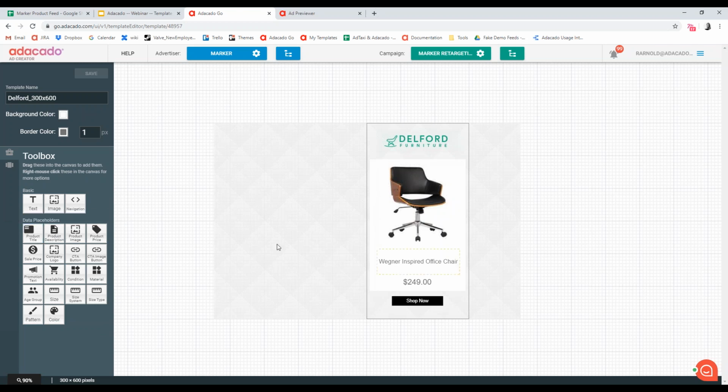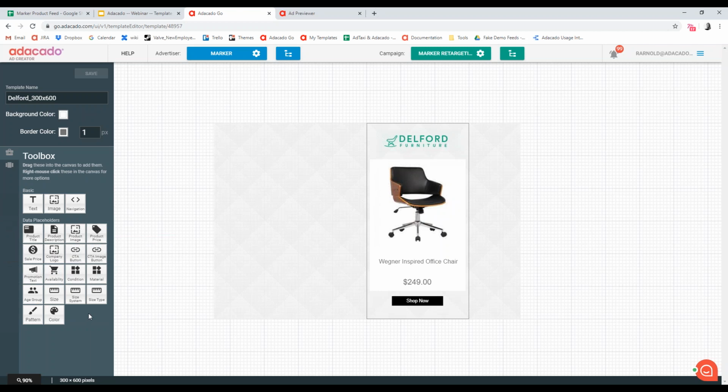When you add them, they'll be filled with the corresponding data, depending on what's available in your own product data. So obviously, if you don't have anything set for condition, then it's not going to work. But just know that they're there, and they also do vary per vertical. So if we were doing an auto template, you would see different placeholders here because there's different data associated with